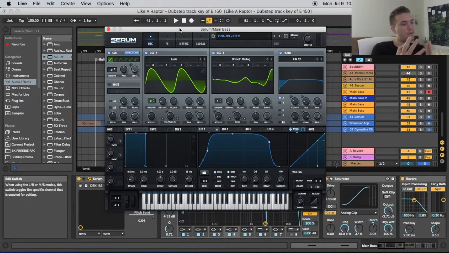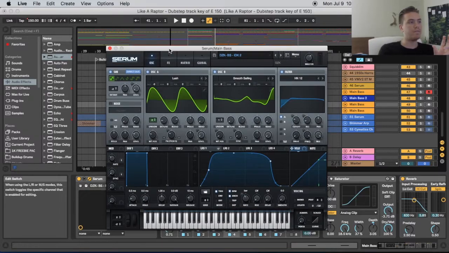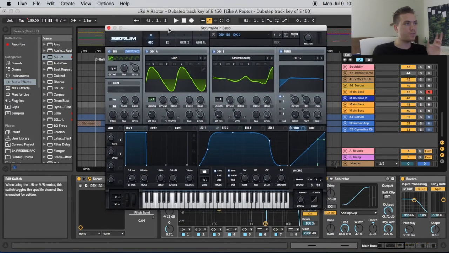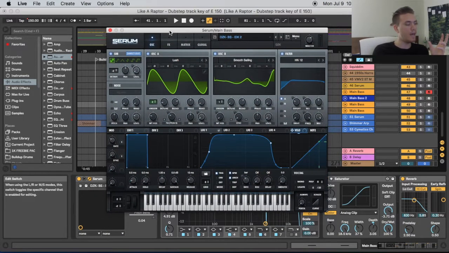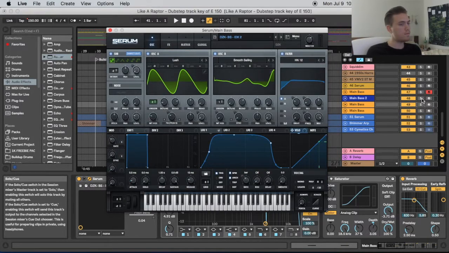Like, you know, Zomboy, Skrillex, Ray Volpe, all those kind of producers. A lot of people think of it as kind of generic, but there's a difference between generic and classic sounding. So I really strive for that kind of classic sound. So that's that bass, and then it has this